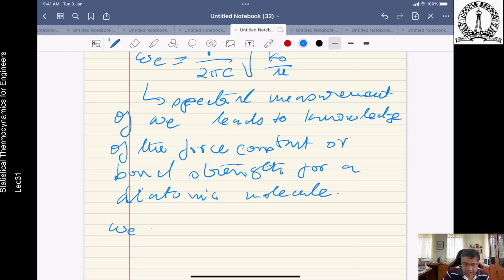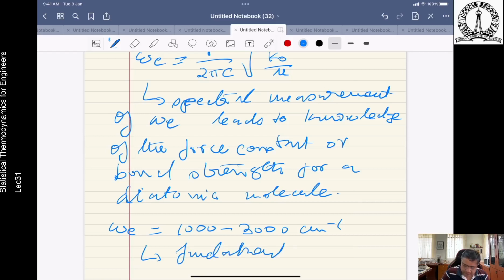So typically omega E is equal to 1000 to 3000 in terms of the wave number. So the fundamental vibrational transitions